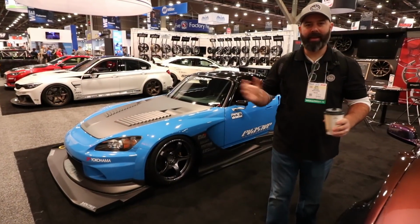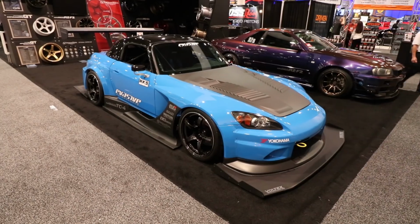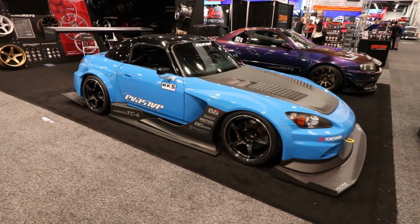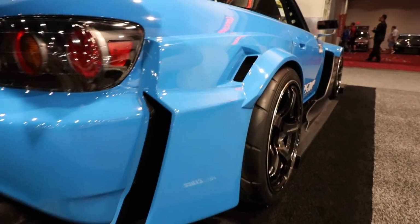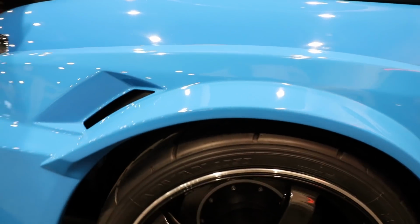We're obviously pretty big S2000 fanboys here at Speed Academy, so why not start it off with the Evasive Motorsports. I assume it's an AP2. Peter probably knows more than I do. Yeah, I think it is. And it is incredible. It's got a completely new Voltex aero kit on it, which is mind-blowingly aggressive, and the